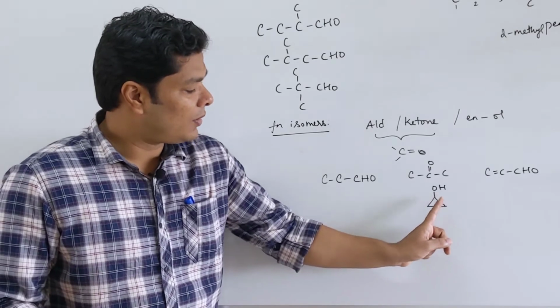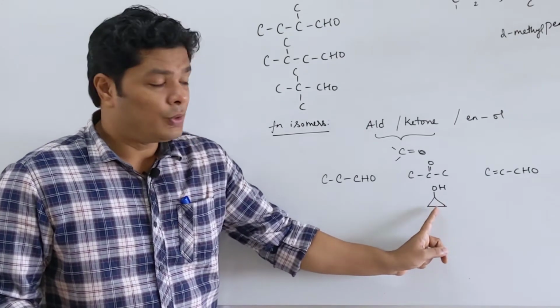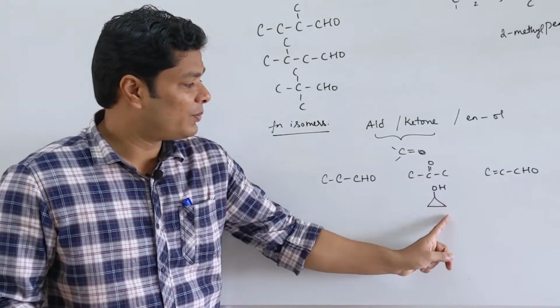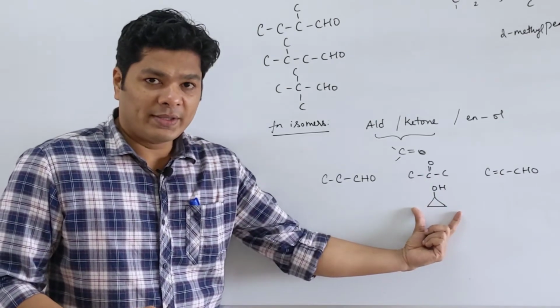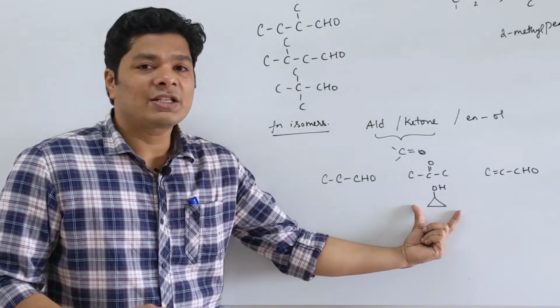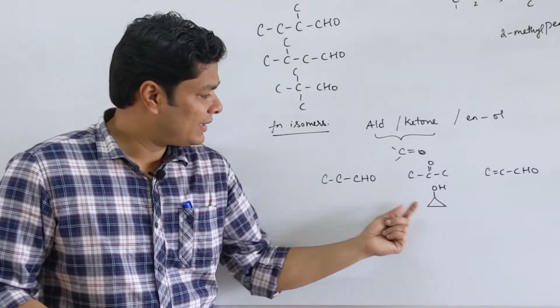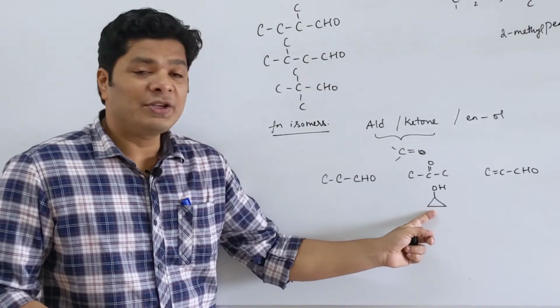This is an alcohol. There is 1 degree of unsaturation. So hence this is also a functional isomer because the functional group itself is different. Not all that common for you guys. So the only way they can ask you the question is they can ask you this and ask you what is the type of isomerism between them.